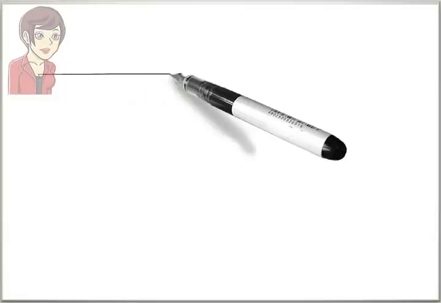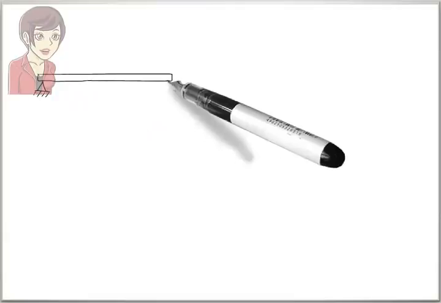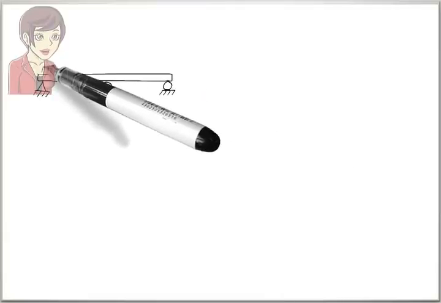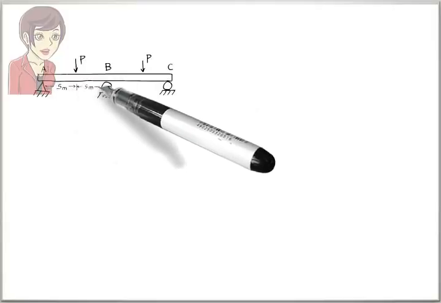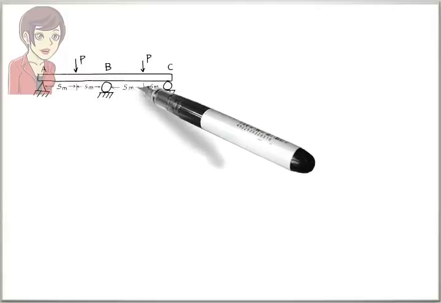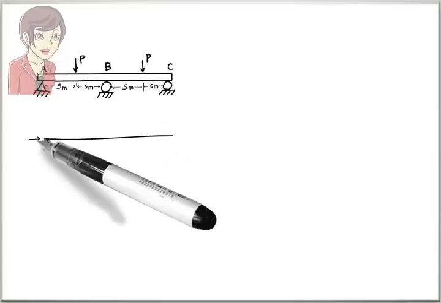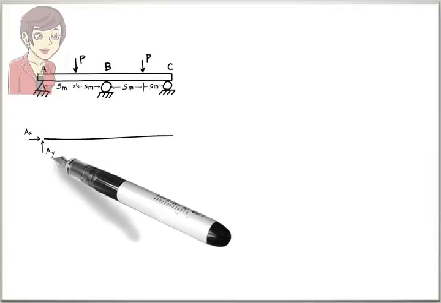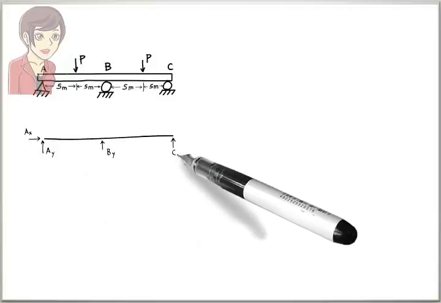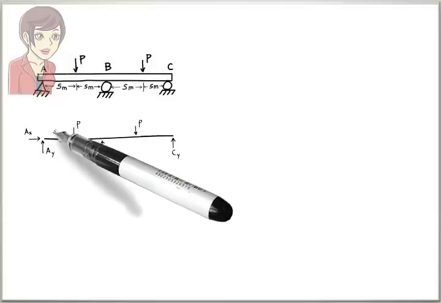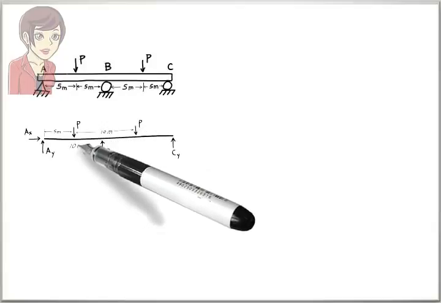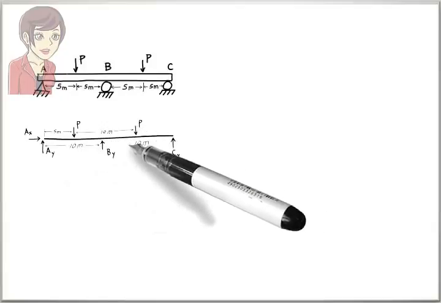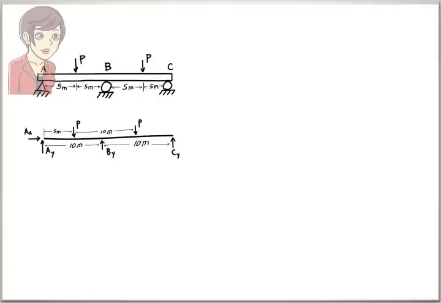The second example is a beam with a pin support at the left end, a roller support at the right end, and another roller support at the middle of the beam. The beam is subjected to two concentrated loads. To analyze the beam, we start by drawing its free body diagram. Note that the diagram shows 4 unknown forces, 2 support reactions for the pin support, and 1 reaction for each of the roller supports. Here, the equilibrium equations are